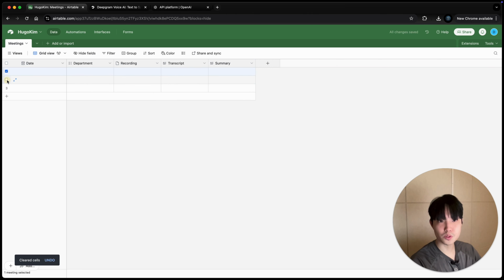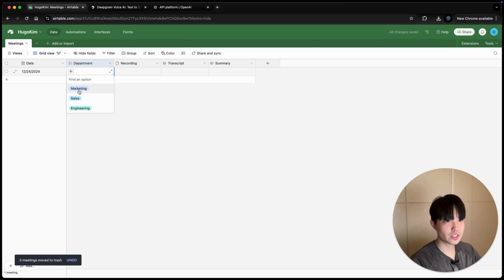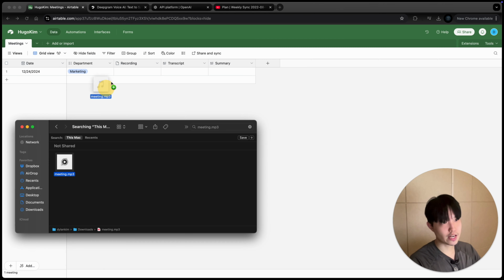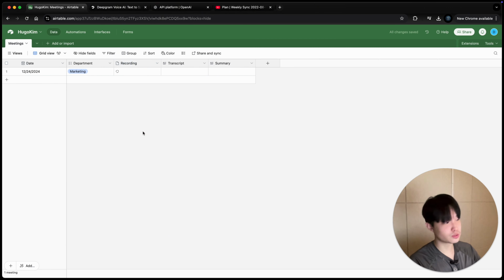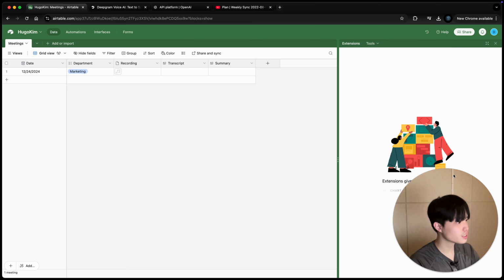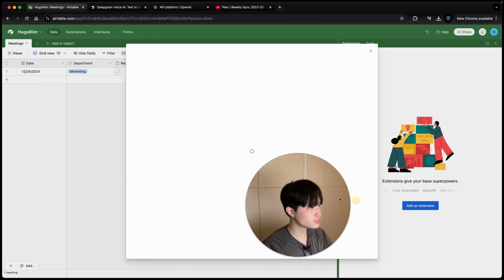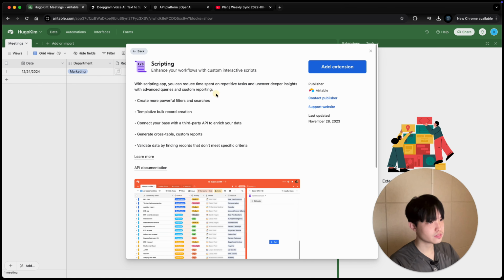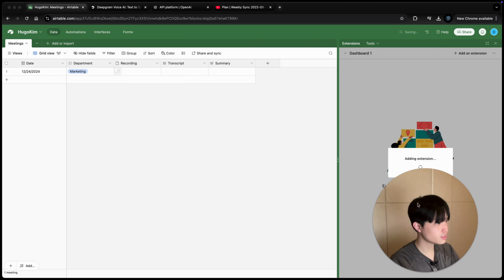I'm going to delete all the rows and create a new row with the default date, which is today's date. I'm going to choose marketing for department. And for recording, I'm going to use the audio file I got from a company named GitLab. Now, if I drag and drop this recording file, it's not going to do anything yet because we haven't set any workflows yet. To set up that workflow, click Extensions, add an extension, type scripting, add extension,